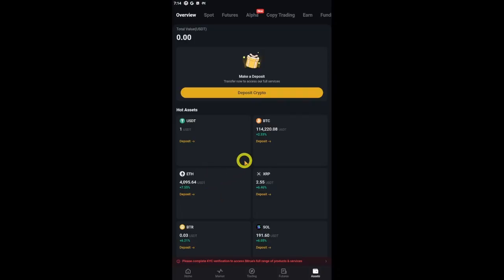However, I don't have any trading assets or trading cryptocurrencies. So if you do have, then apply these settings to find out your trading history or transaction history. And that's it, guys. That's how we see